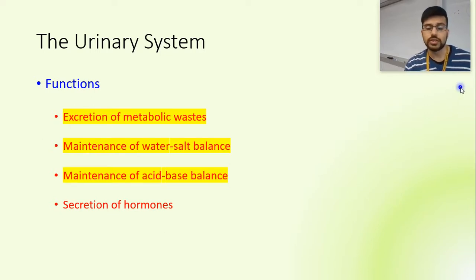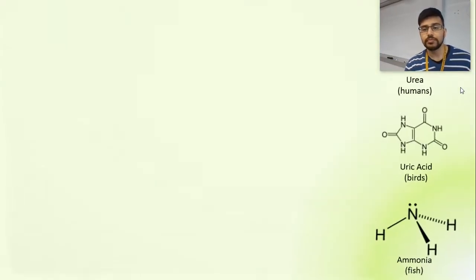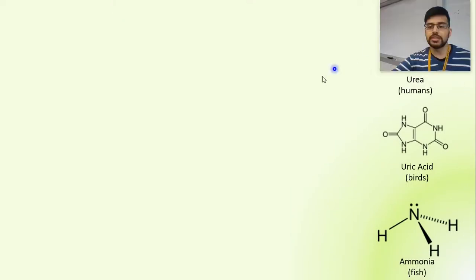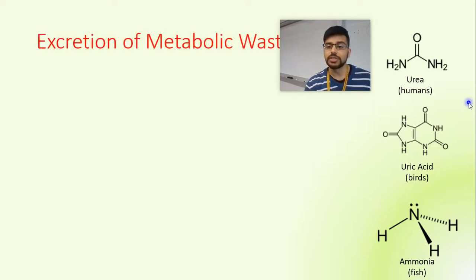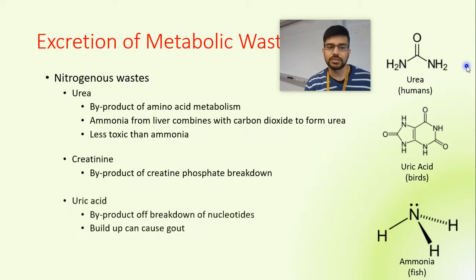There are also some organs involved, which are going to help us with a couple of hormones. So they're going to help with the endocrine system as a secondary role. So in our bodies, there's different types of metabolic waste that we can have. You can see here on the right, there's urea, which is what we produce. Uric acid, that's that pasty white stuff from bird excrement that you see. That's uric acid. And then fish will produce ammonia, which is another nitrogenous compound. We say nitrogenous because all these wastes have a nitrogen in them, but we're not going to get into the biochemistry too much in this course.